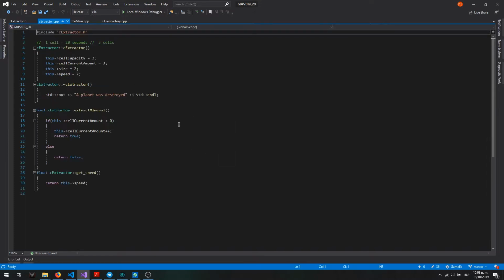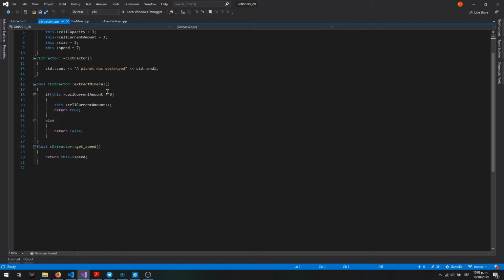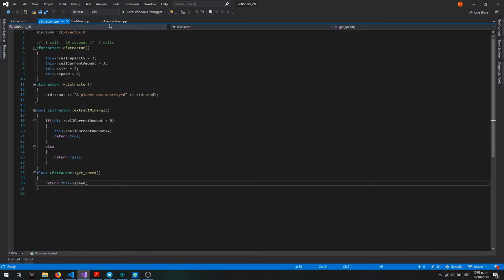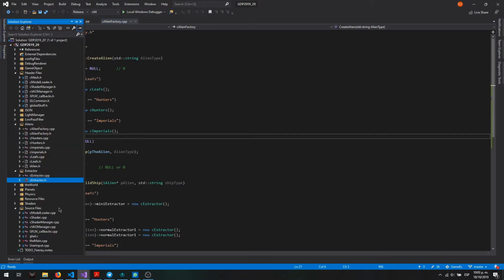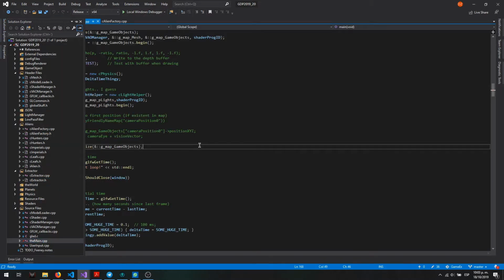So here is the implementation of some of the code, like the speed, the size, how many minerals they are extracting, and a speed that multiplies the speed at which these extractors extract the minerals. And so back in our main, we can see here that